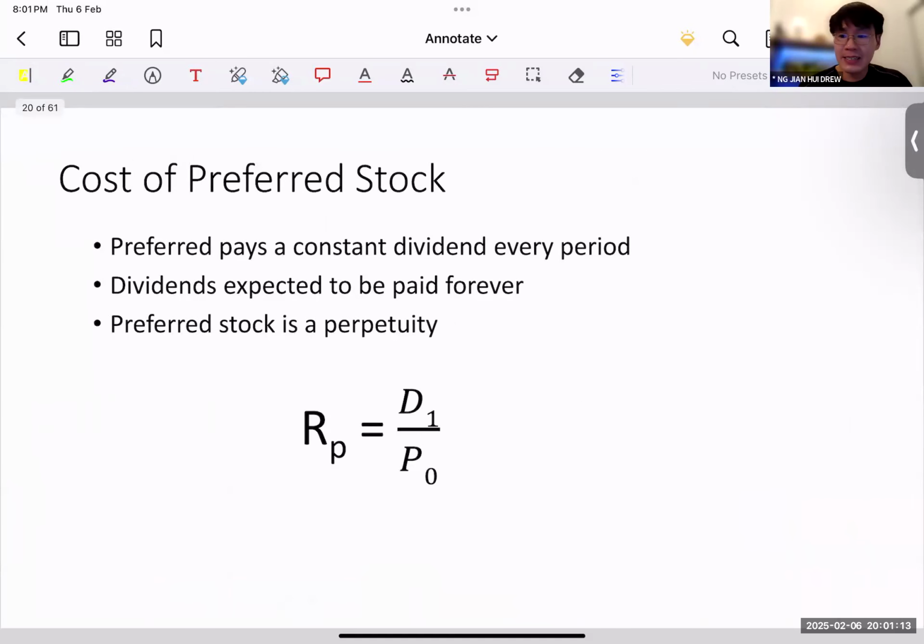Okay. Last but not least, before we go for a short break, we have talked about equity, we've talked about bond. Last but not least, the preferred stocks. So that's the third component of our cost of capital. Preferred stocks are generally not so common in most Singapore listed companies. US companies, you might see this. So preferred stocks basically give you constant dividends for the rest of the period. And in doing so, we determine the return on preferred stock using our perpetuity formula. So this is the perpetuity formula here.